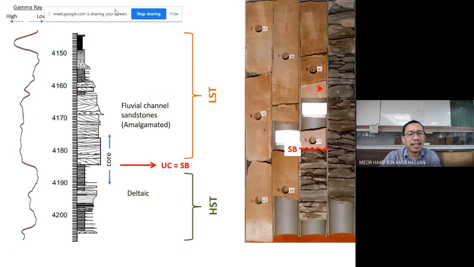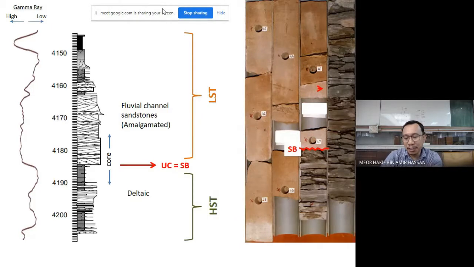Just use some more examples of LST deposits on the shelf. So this is not outcrop. This is from a sample of core. So you have a borehole. You've made a well. You've already run tools inside, the gamma rays. You can also extract rock samples in cylindrical shape. You take it up. You slice it in the middle. And when you cut it like that, you slab it, you can see nice lithology, stratigraphic contacts, and